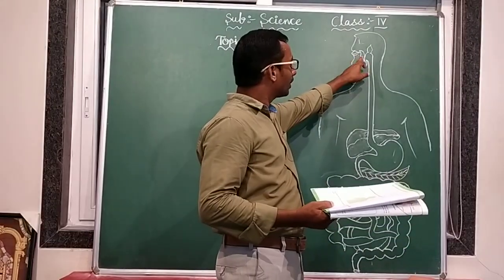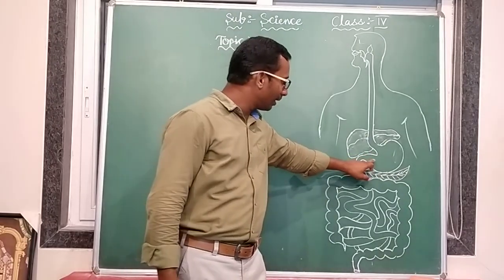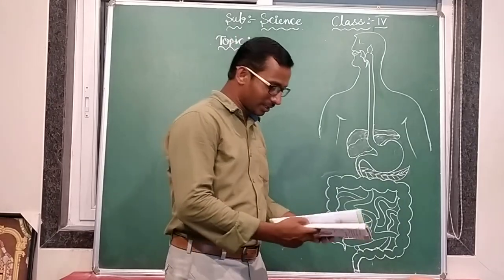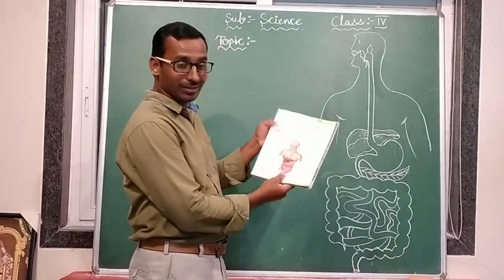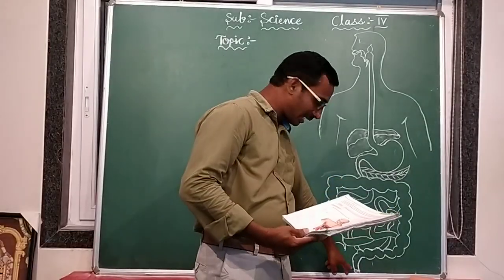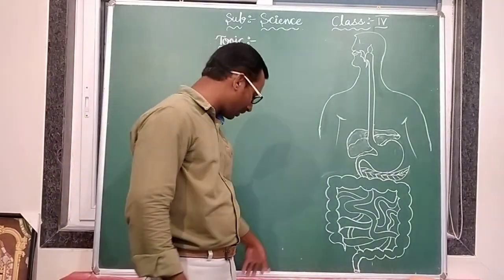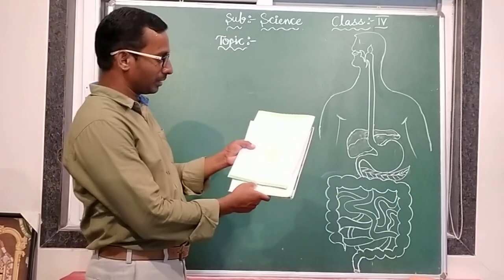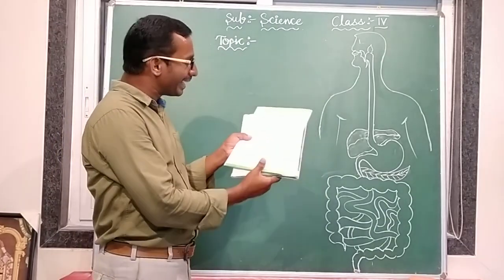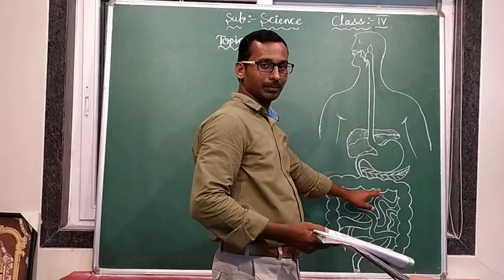See, from the mouth onwards, the food pipe is coming like this, and your liver is there. Your stomach is there, and your pancreas is there. It is in green color. If you see clearly, it is given in the textbook also. Then your large intestine, small intestine, and the last ending part is the anus. So you have to draw this picture in your worksheet, page number 6, in the fourth question. They already gave you outlines. So the parts of the digestive system inside, you have to draw here.